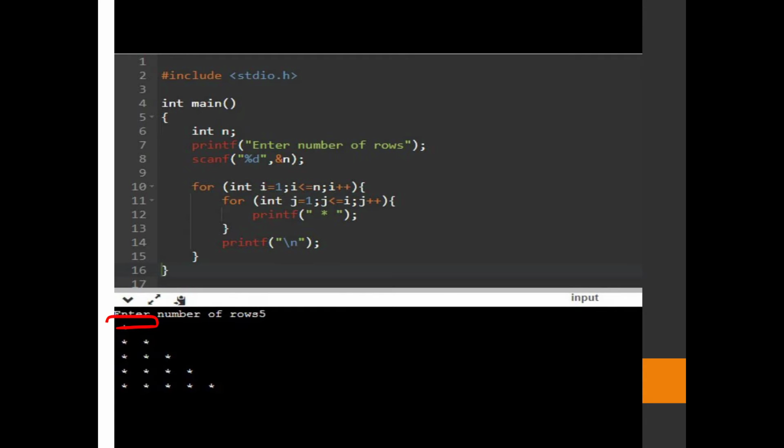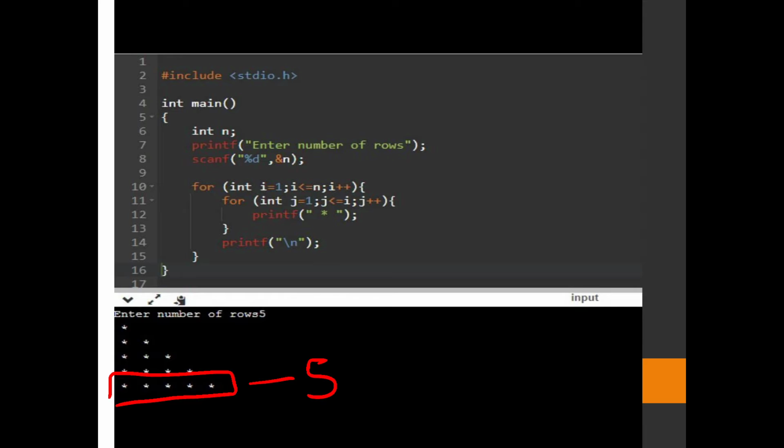You can observe that the number of stars in a row is the same as the row number. This is the fifth row, and the number of stars in this row is also 5.